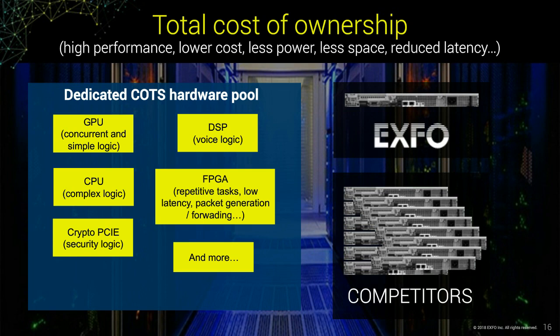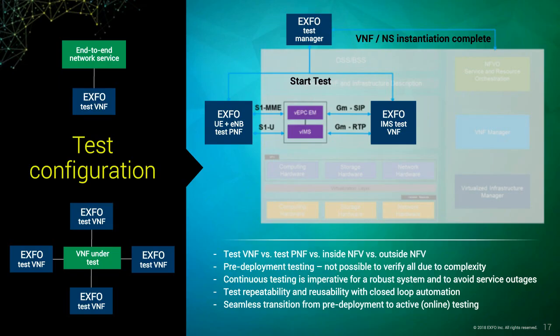And finally, talking about the test configuration, it's pretty straightforward. When you want to do wraparound testing, you use the pre-deployment tools around the VNFs, and when you do end-to-end testing, you use end-to-end tools. And obviously, you need to have a test manager which is capable of helping the automation environment to create and run the tests automatically. Here, I would like to share commonly asked questions. Most of them normally have this one.